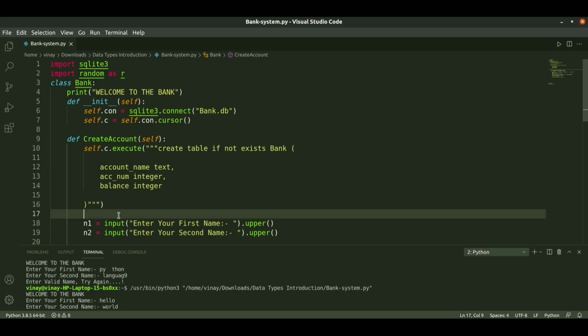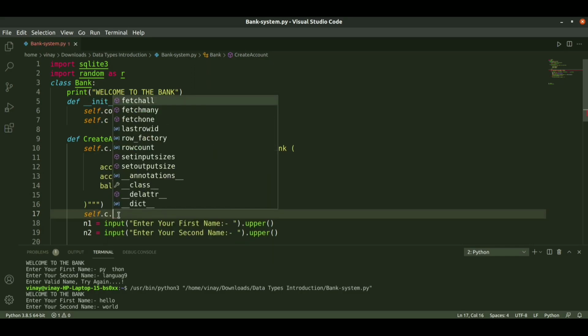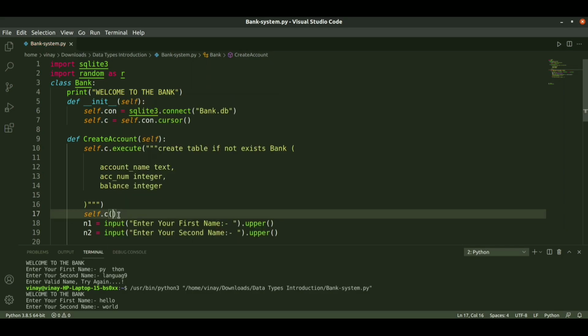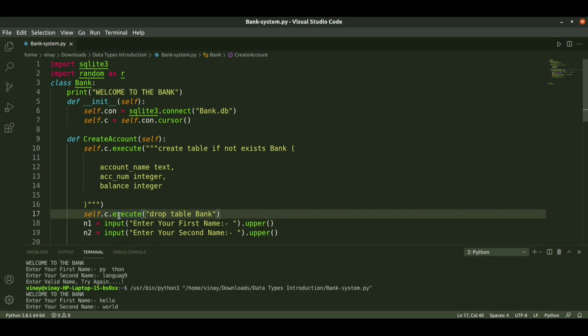By using self dot c dot execute drop table bank. So when I run it,